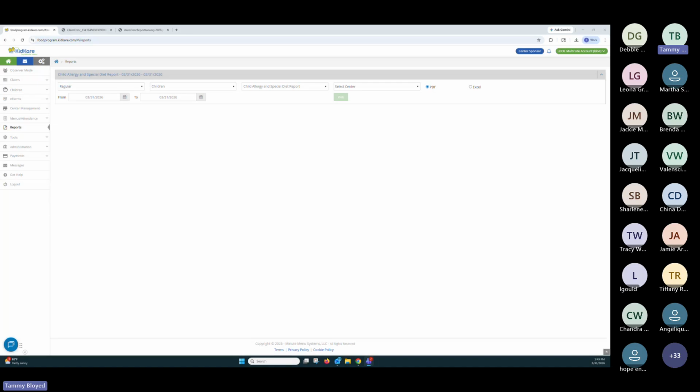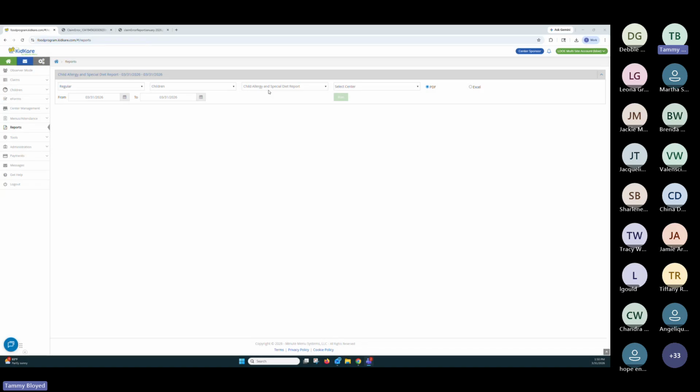All right. But anyway, this report here is going to tell you which children are actually marked for a special diet, and I think it even breaks it down to parent provided and substitute. It may not, but it'll at least give you a quick idea. So you can look down this report and you can see, oh, Mikey here isn't listed as substitute milk. He's on regular milk. So you know that's wrong.